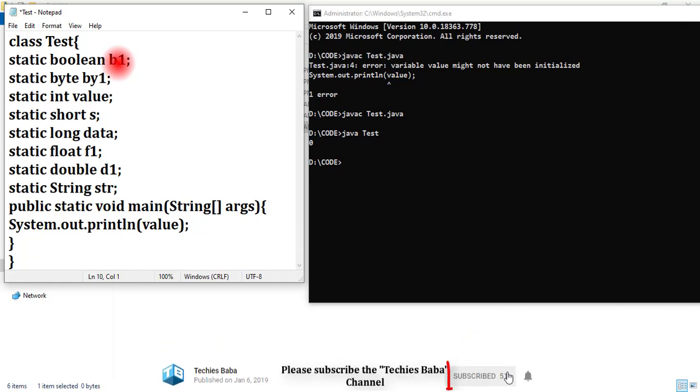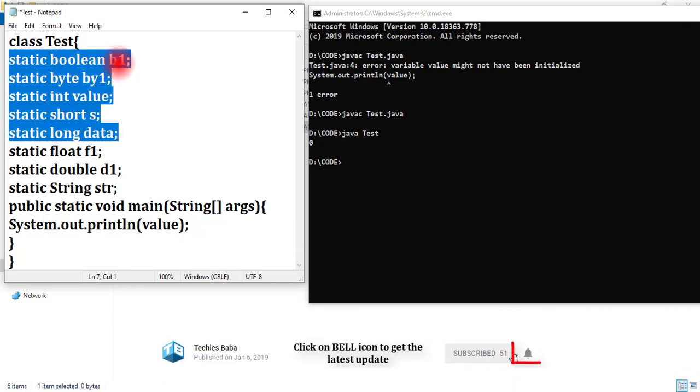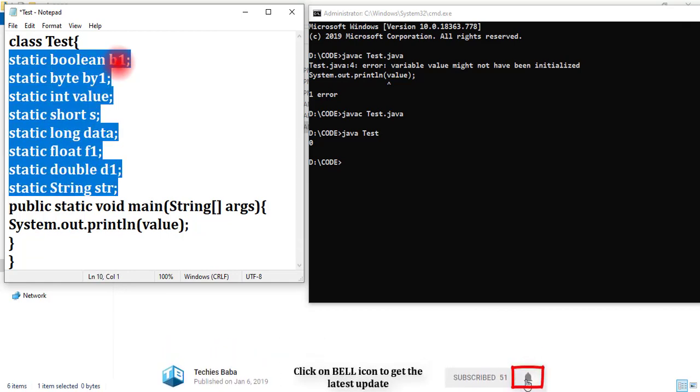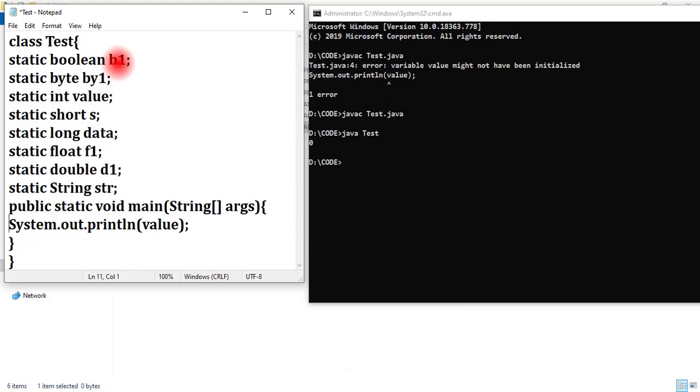So we declared variables of different types. We are not providing any value, so it contains the default value. Since it is static, it contains the default value. Now just print all the data. In the same order I am printing b1,